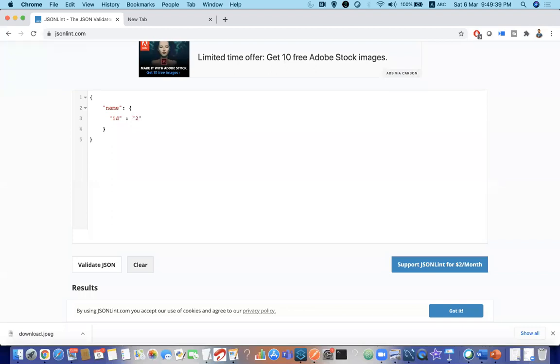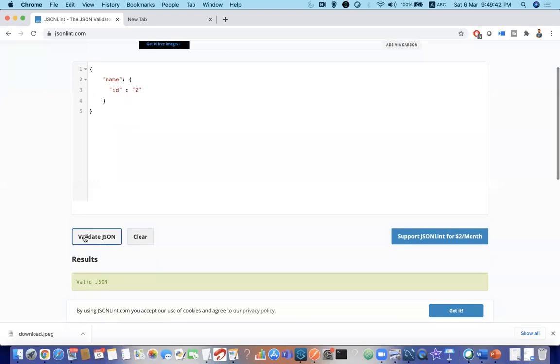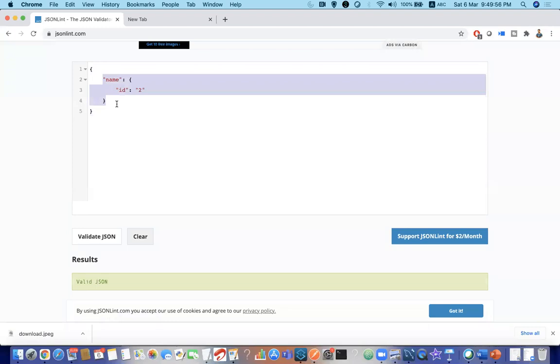Is it a valid JSON? Yes, because first, go by here. Those who are new, people who know object and array, it will be easier for you, but people who are new to this, just follow the rules. Curly braces mean it should be an object. This whole part should satisfy as an object. So here you can see this is the key and this is your value. Again, you have to see what this value is. This value is again an object. Again, you have to check the rule whether it has a key value pair, and you can see the key and value. Okay, this satisfies.